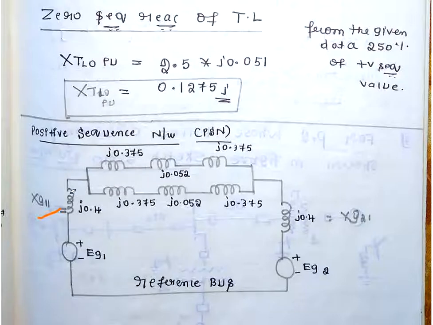See, your impedance through the reactor is not added because it is a balanced system. Only in a balanced system, my neutral current will be zero. Only when it comes to the zero sequence network does the neutral come into the matter. So they have not been added. It is purely Xg only. Sorry, I made a mistake here. Whatever value you get for the zero sequence of a generator, that value you need to put here. Only in the zero sequence network do you need to take that Xgn.